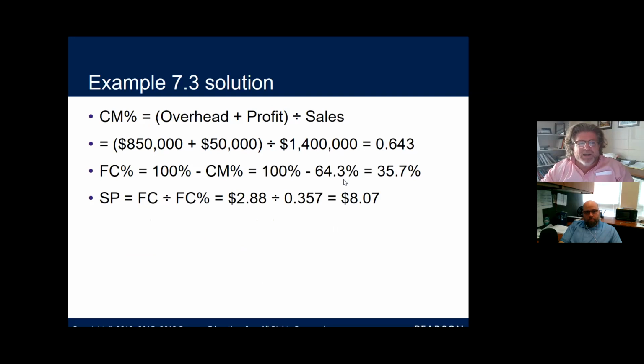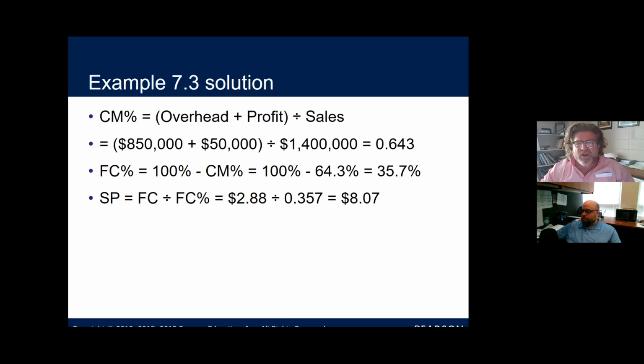So this is my contribution margin. My food cost percent is 100% minus the contribution margin. So my food cost percent becomes 35.7%. Now, if my food cost percentage is 35.7%, and I know this dish costs $2.88 because that was given in the previous slide,